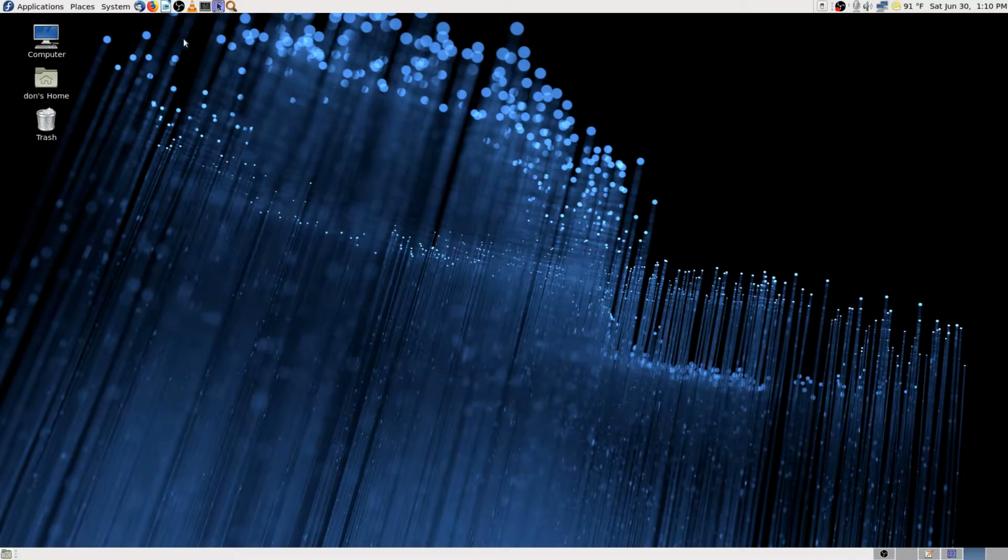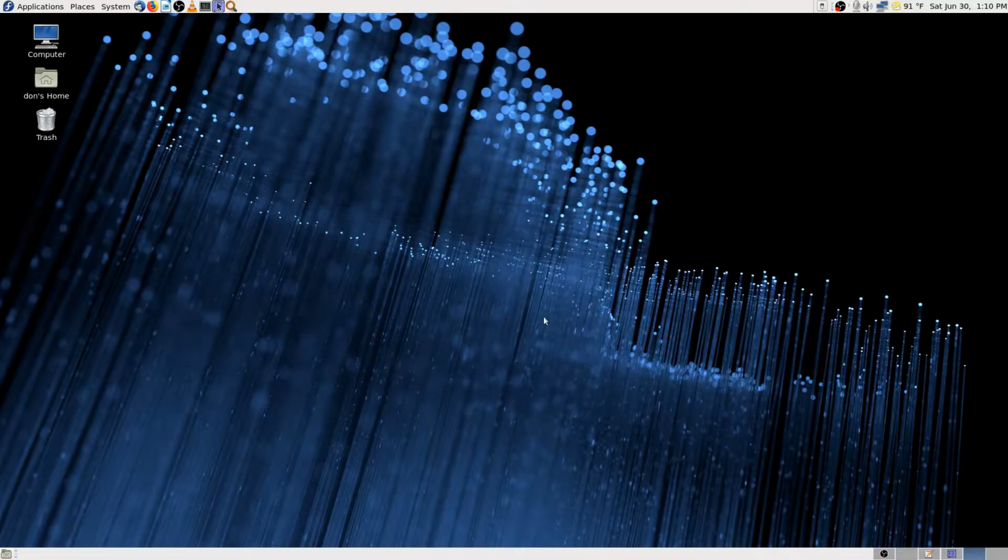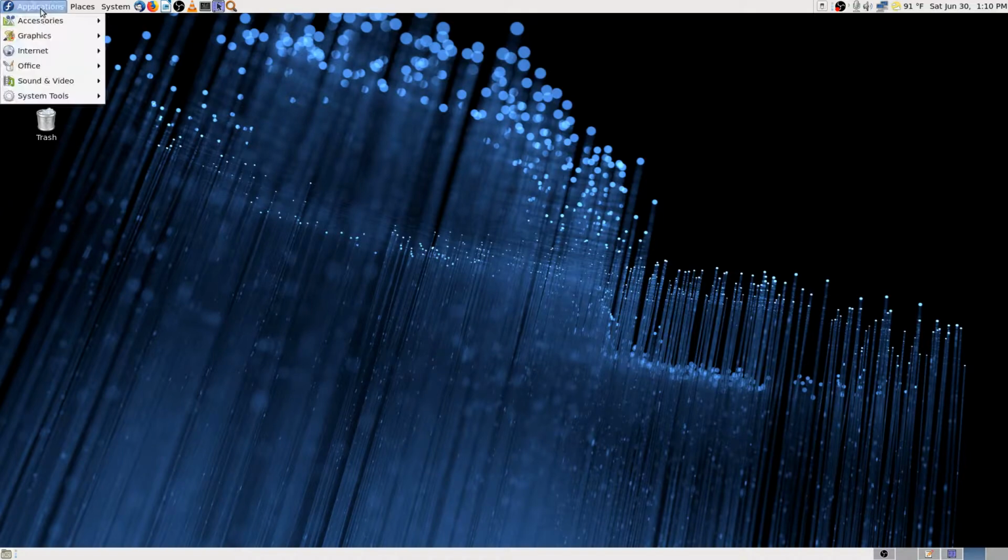I'm going to have to use DNF so that I could, let me go ahead and, oh, that's not the right searcher. I put that up there, but it's only a file search. It won't find apps. So I don't even have an app finder on here yet. And I keep forgetting because I see that icon that's very similar. So go up here to